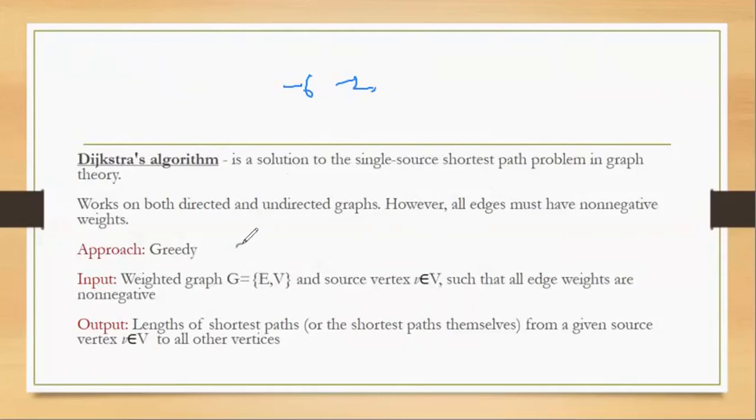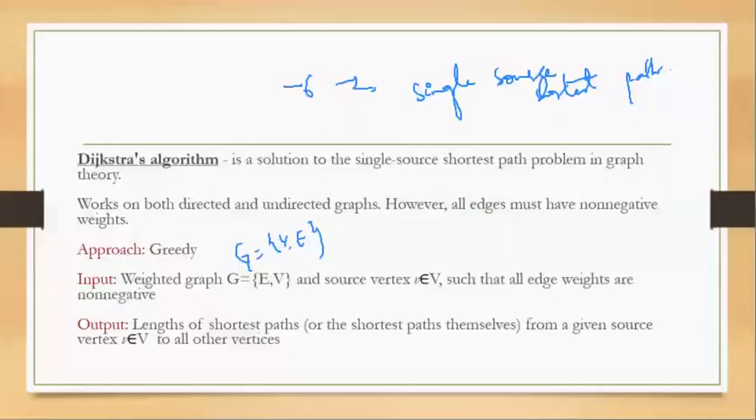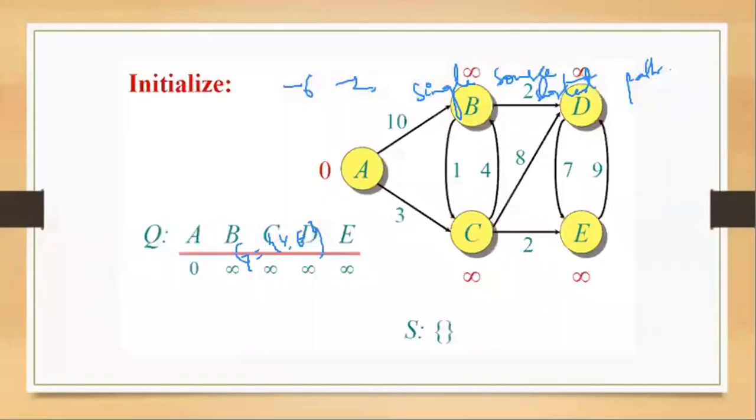Input is the graph G = (V, E), and another thing we need is a source vertex, that is, from where we should start, and also a terminal vertex, and all the edge weights should be non-negative. Output is basically the length of the shortest path from a given source vertex to all the other vertices. So this is also known as single source shortest path. After that, now let's see